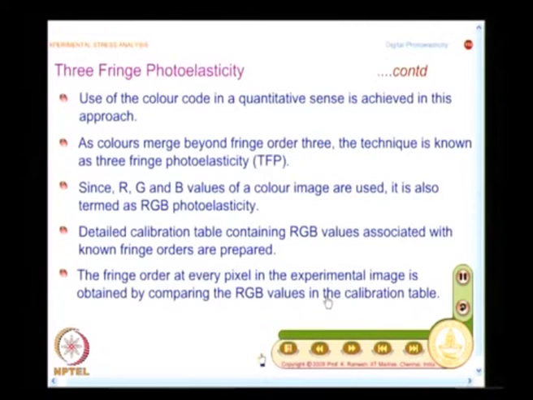So, in this methodology what happens is you have to initially develop a calibration table, and this calibration table has to be developed very carefully. Whatever the light source, whatever the polariscope and whatever the camera that you use, all that influences your color code. So, for a particular system you can have one calibration table, and now what we are going to do is find out a methodology and also minimize the error in identifying the fringe order. Let us see how it is done.